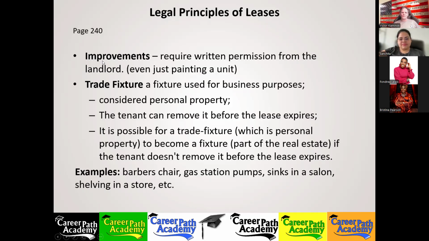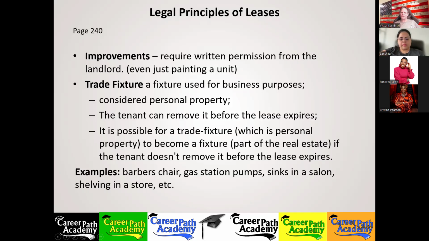So any improvements require the written permission of the landlord. A lot of times people want to change light fixtures too. They want to put in ceiling fan light fixtures. All right, the landlord may give them permission to do it, but should put a stipulation in there that it needs to be done by a licensed contractor, licensed electrician, so they don't burn down your house or improperly wire something or electrocute and kill themselves. The landlord's responsible for that. And